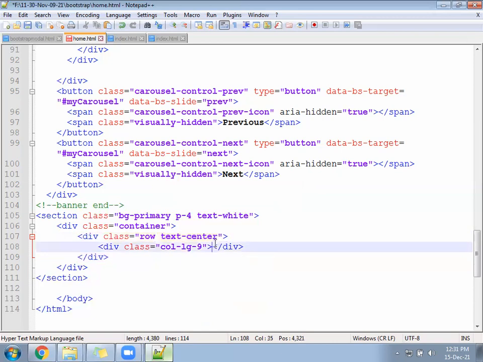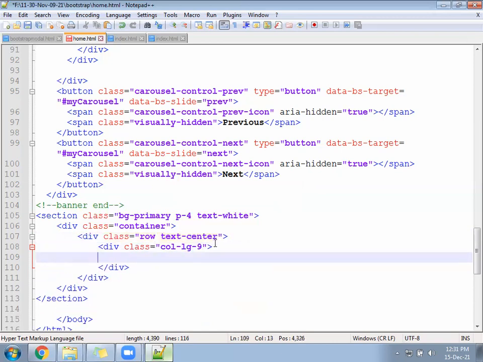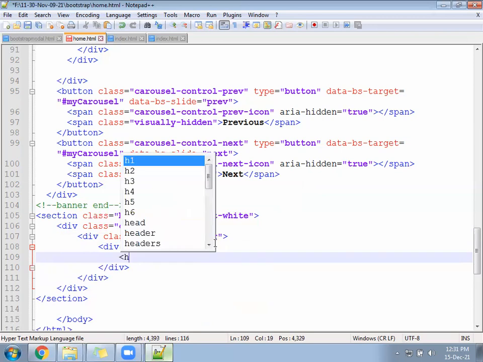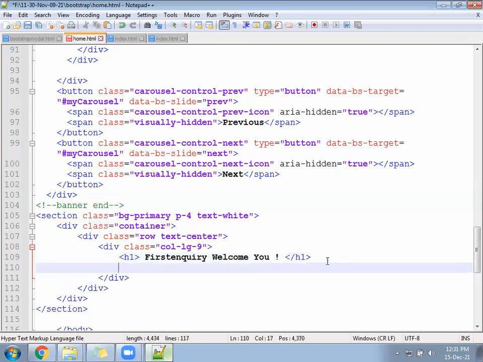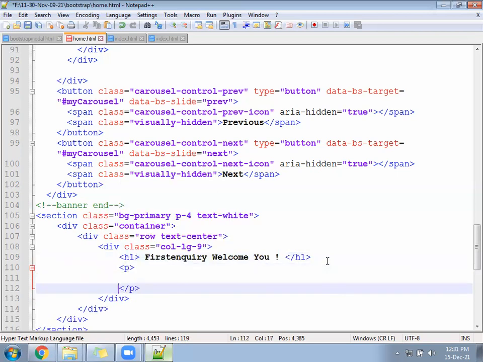And inside the 9, using H1, write First Inquiry, Welcome you. Now come down below, open and close a paragraph right inside.